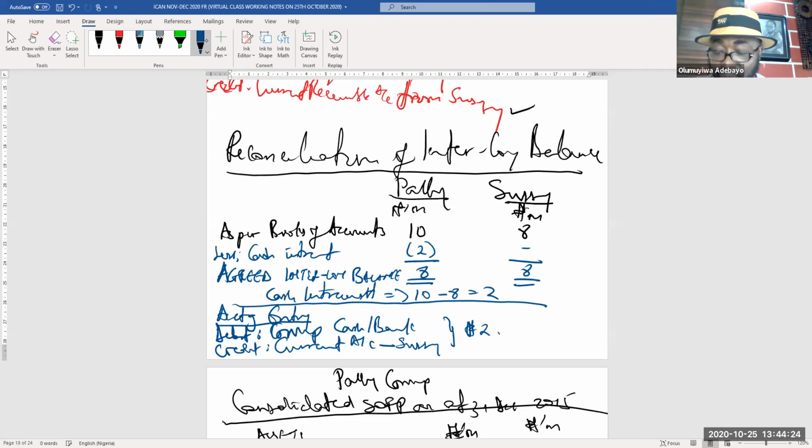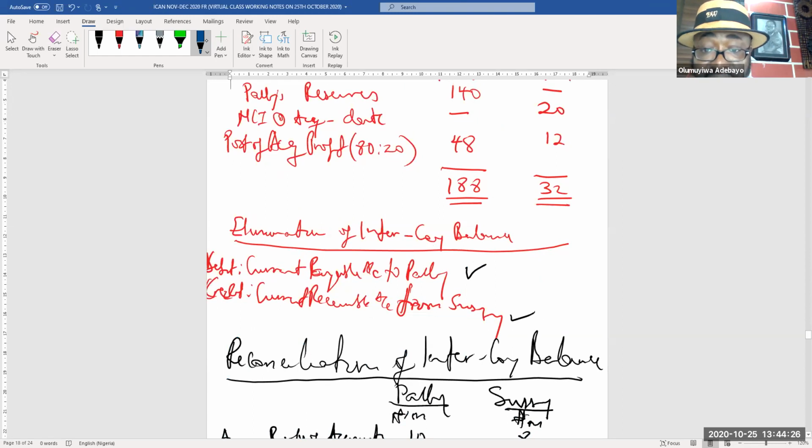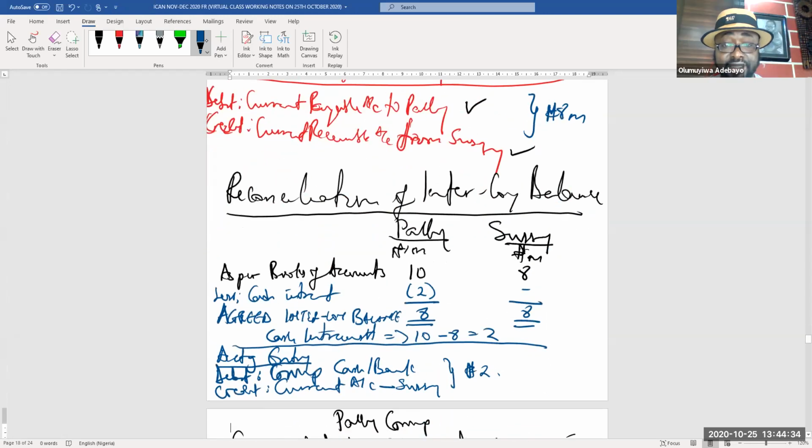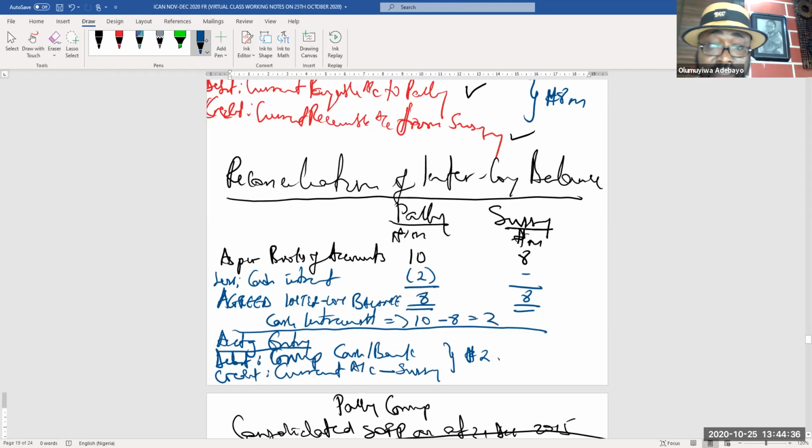Which means what I will eliminate is not 10. What I'm eliminating after my reconciliation is what? 8 million. Somebody will say, why am I debiting, crediting Pali? What if I pass the adjustment against Susie? If you pass the adjustment against Susie, which means in Susie's book, let me just say, for example, I pass it against